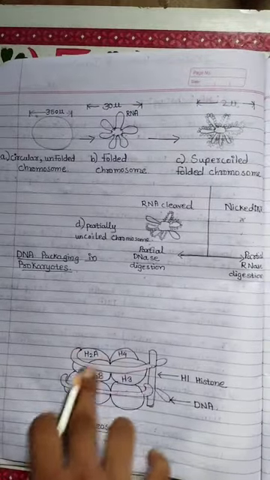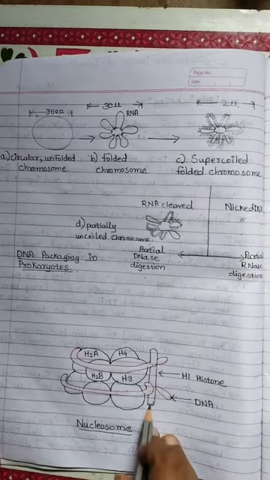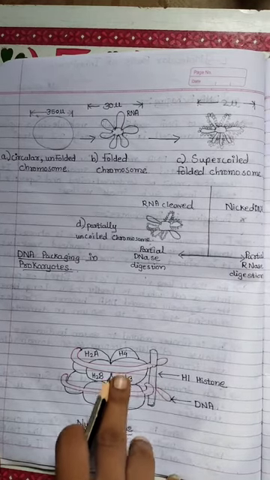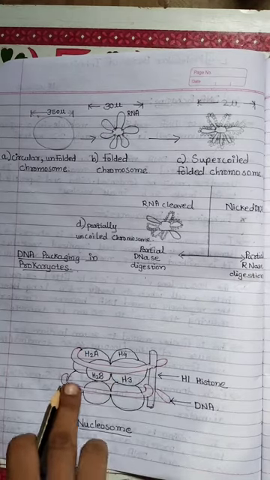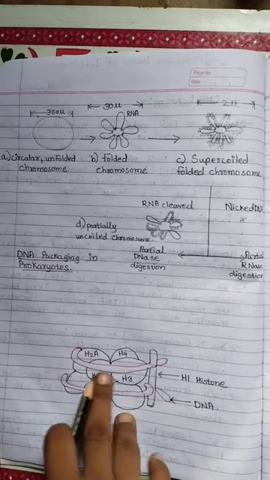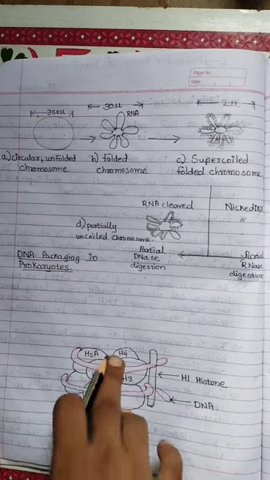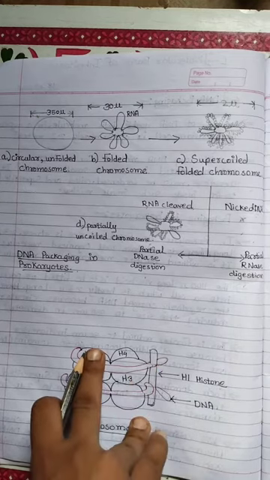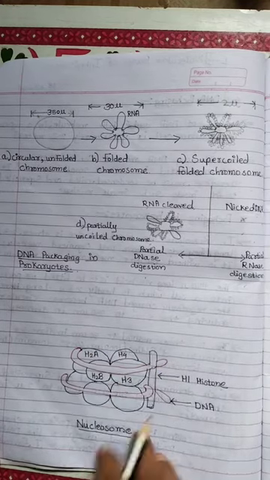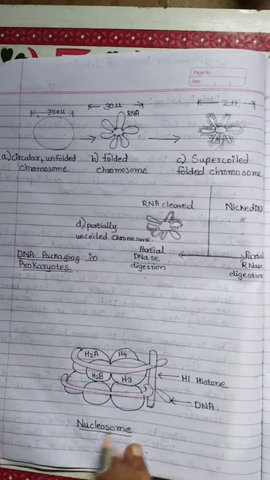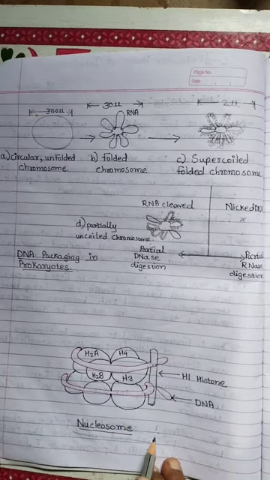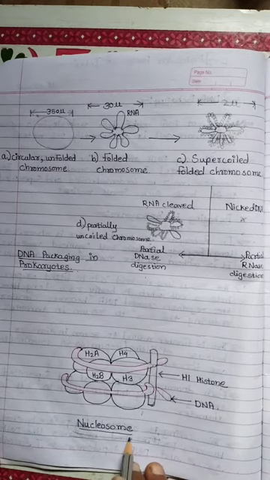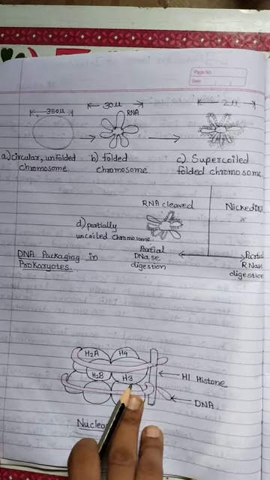Here in this structure you can see the histones, which are positively charged, and these are the octamer, meaning a total of 8 histones is present, around which the negatively charged DNA is wrapped and they combine with each other, negatively and positively charged. This is the structure of the nucleosome, which is generally asked in the exam, and you have to keep in mind that the structure of the nucleosome is like this.